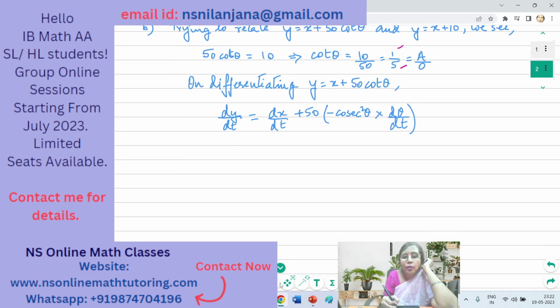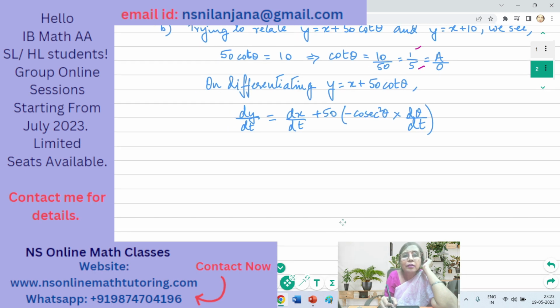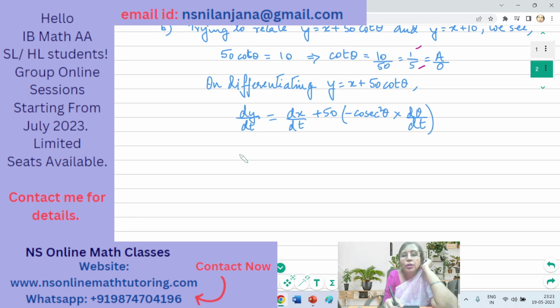Therefore, we can write 2 dx dt over here in place of dy dt, because we need dx dt. And I am bringing this to this side as well. On subtracting dx dt from both the sides, we get 2 dx dt minus dx dt equal to negative 50